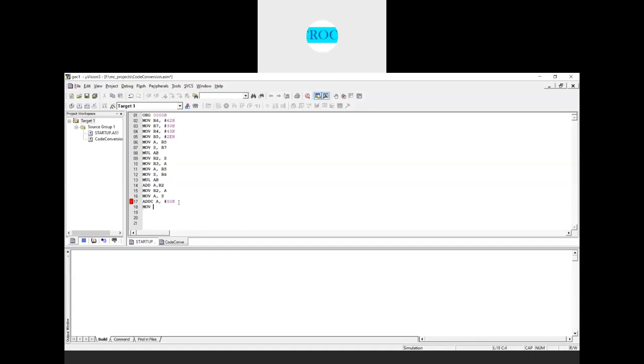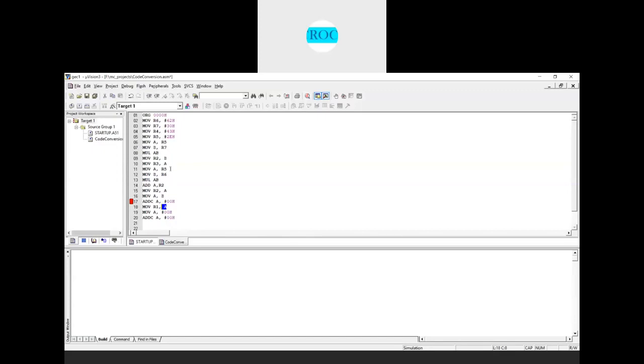MOV R1, A. MOV A, #00H. ADDC A, #00H here. Now if you see what I'm trying to perform here, the multiplication gives again a 16-bit result.